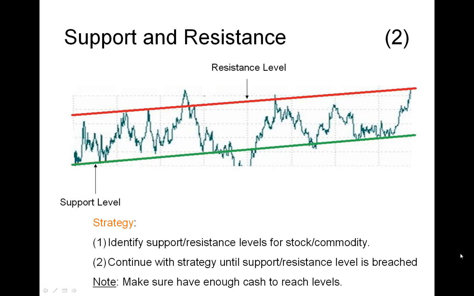So let's say we start with a particular commodity at X, and we see that the value is going down. And even if the value continues to go down for a while, and we estimate that the future value is going to be up, as long as we continue this downward trend